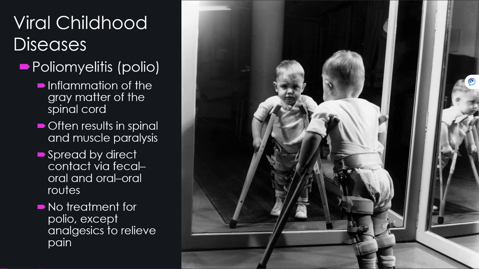An infected person may spread the virus to others immediately before or about 1 to 2 weeks after symptoms appear. The virus can live in an infected person's feces for many weeks. It can contaminate food or water in unsanitary conditions. People who do not have symptoms can still pass the virus on to others and make them sick.